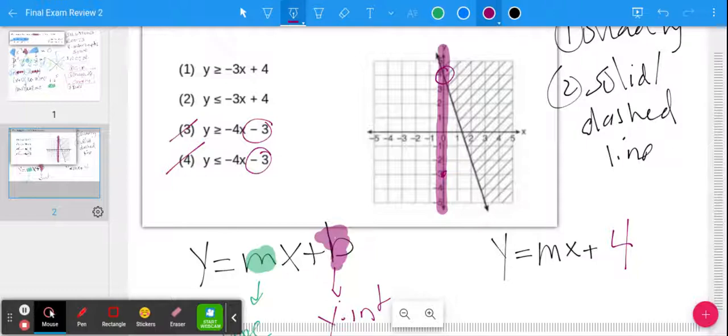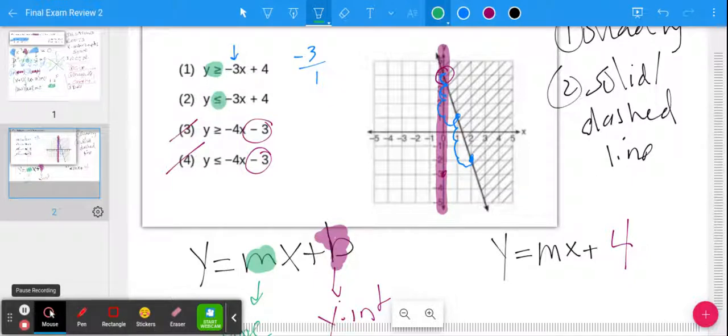So if you take a look at 1 and 2, the only thing that's different is the inequality sign. So they both have a slope of negative 3, and that slope of negative 3 means negative 3 over 1. So that means go down 1, 2, 3, to the right 1, and you'll hit the line again. So that's what your slope means, and they both have the same slope,